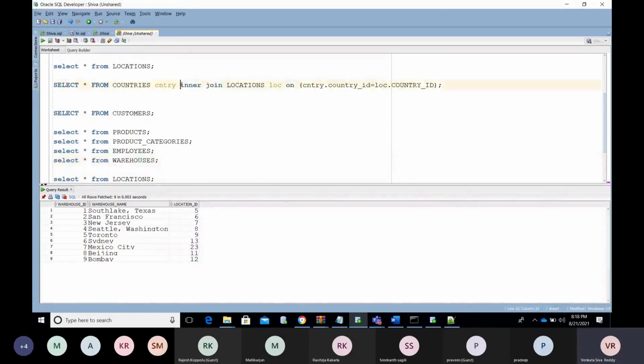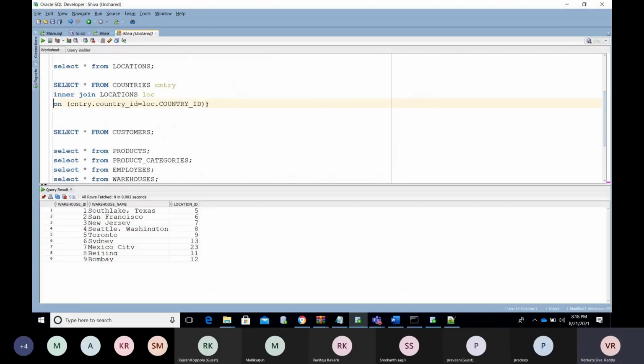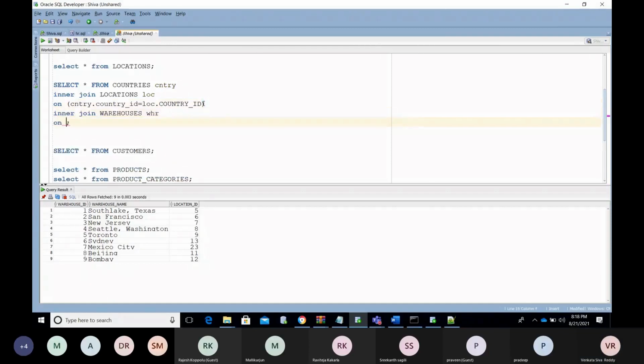While writing the joins, you need to mention them like this: join warehouses. Here we are joining multiple tables, not only two tables, we are writing joins for more than two tables.